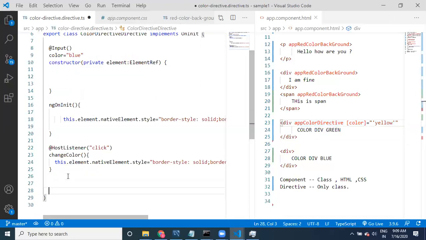If you double click, the color has to become brown. Let's look at it, guys. I'm going to provide another event.